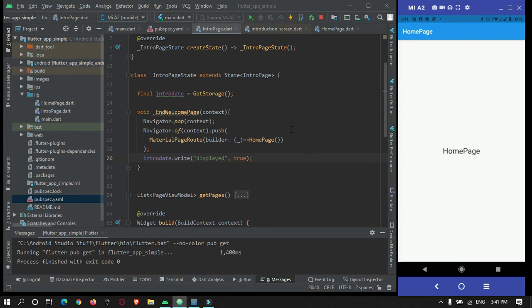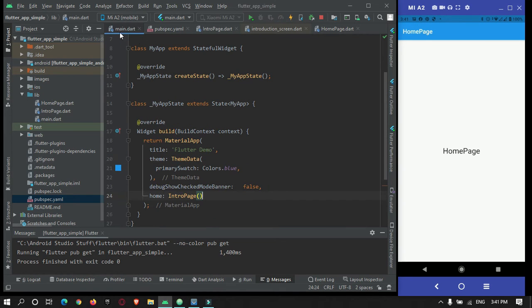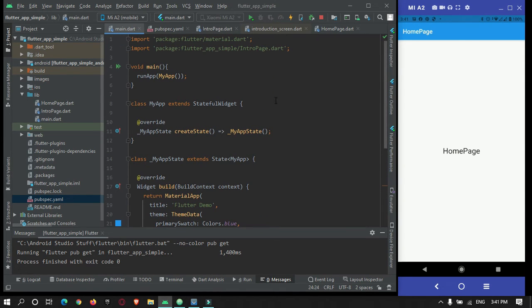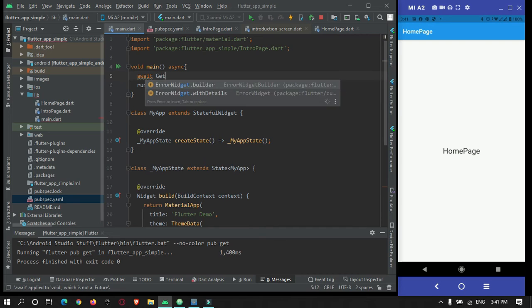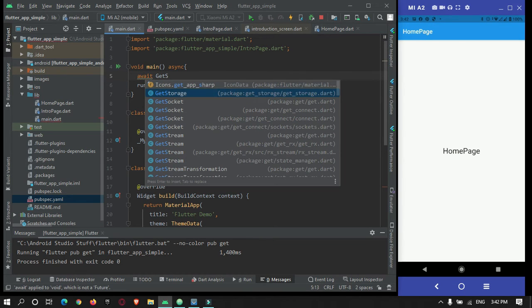Okay, now come to the main.dart file. In the main.dart file, we need to initialize the GetStorage. So in this main method, make it async, and here make use of await and initialize the GetStorage.